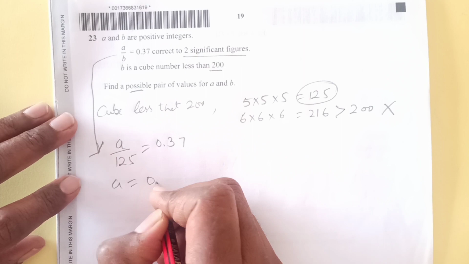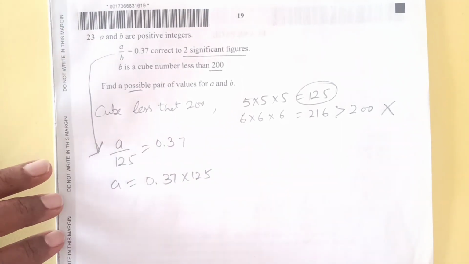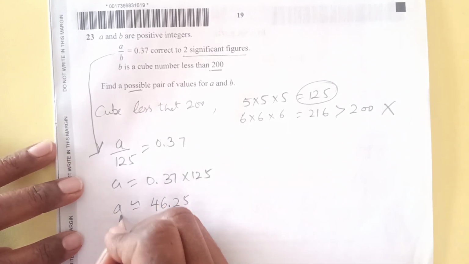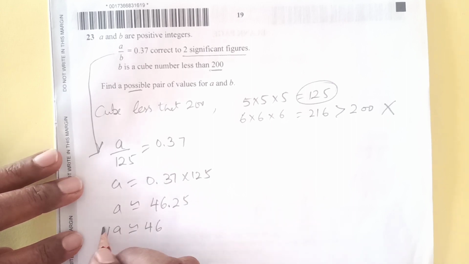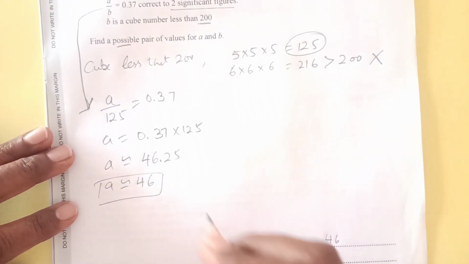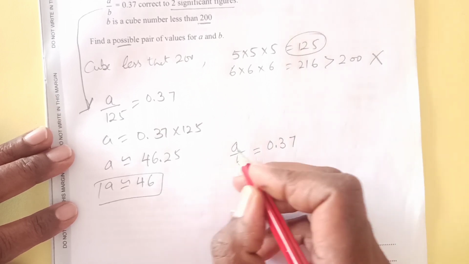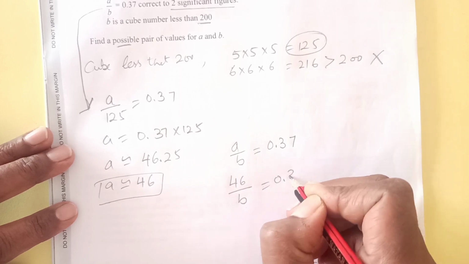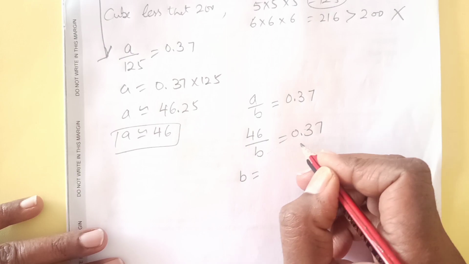So a is 0.37 times 125, which approximately comes out to be 46.25. So we can take the approximate value of a as 46. Now if a is 46, what is b? A over b is 0.37. So a is 46 now, over b is 0.37. So then b is going to be, cross multiply